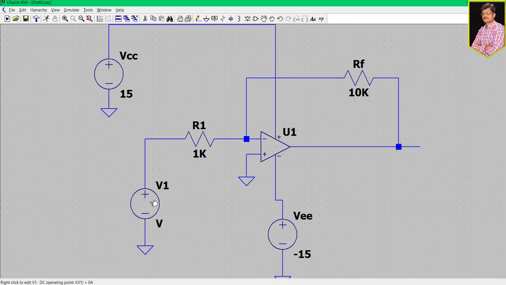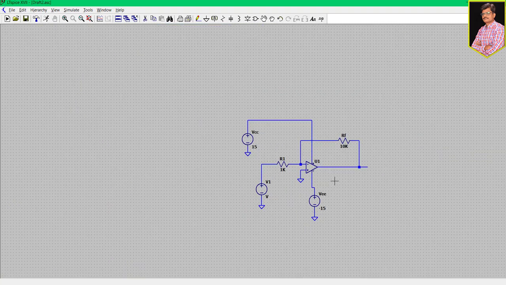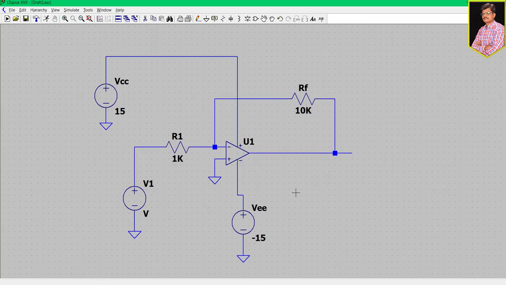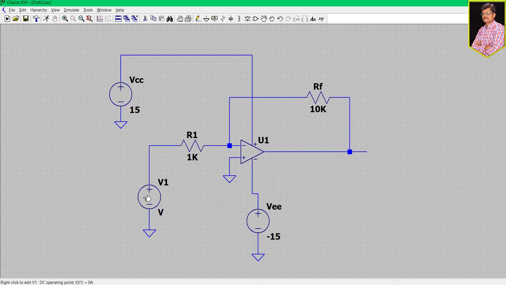Yes, you can zoom in and zoom out also to see the entire structure at once. After confirming that everything is all right, then you have to run. But before that we have the input voltage.